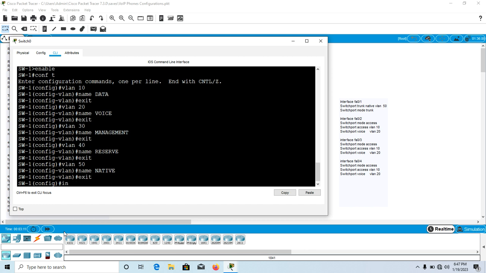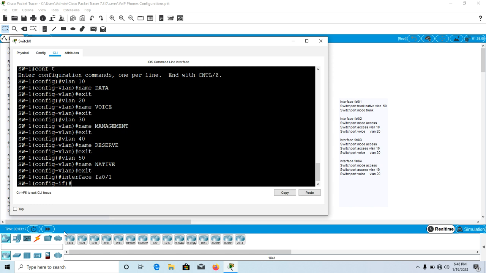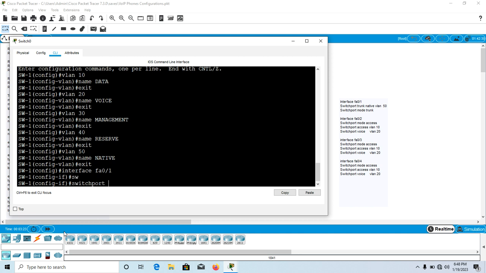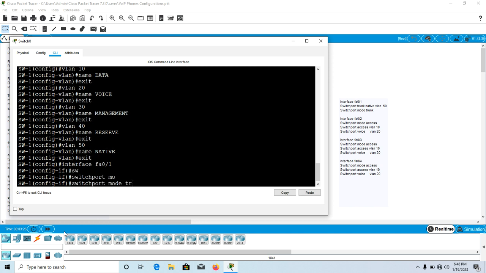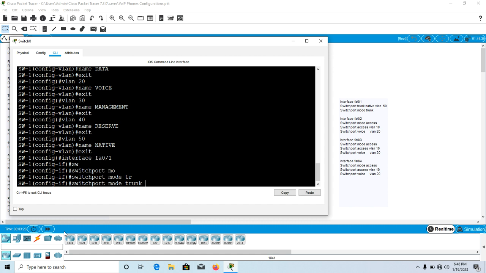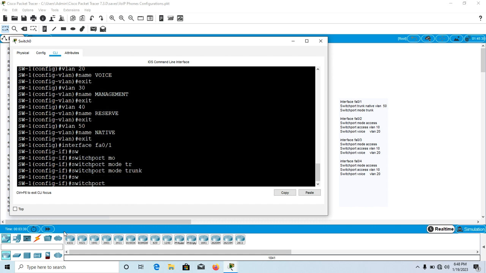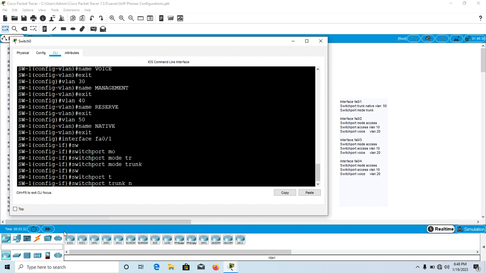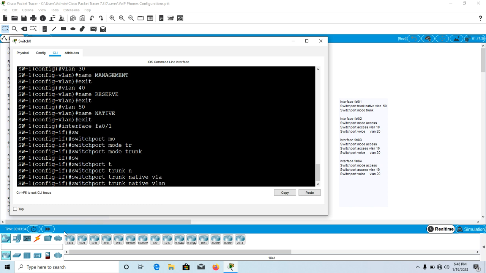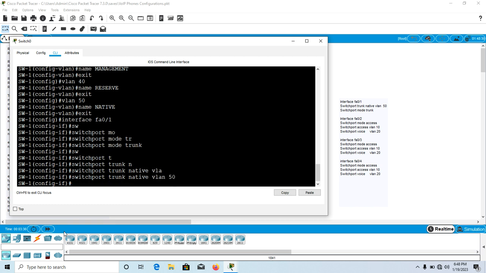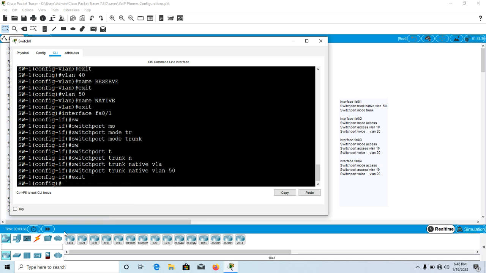Now let's go on to interface FA 0/1. We need to dedicate it for VLAN 50, which is our native VLAN. We say switchport mode trunk and switchport trunk native VLAN, which is VLAN 50. Enter and we exit, and we go to interface range